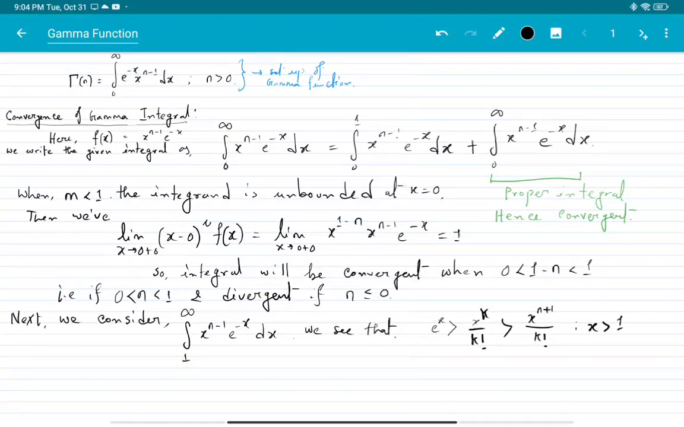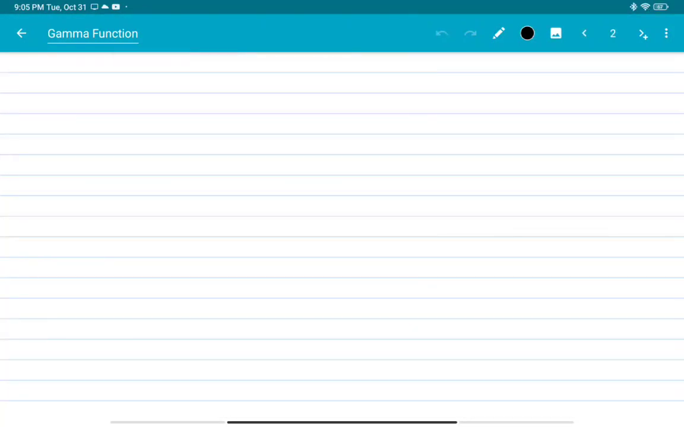So k is a positive integer such that this k is greater than n plus 1, we can write. Okay, so it means what? It means that